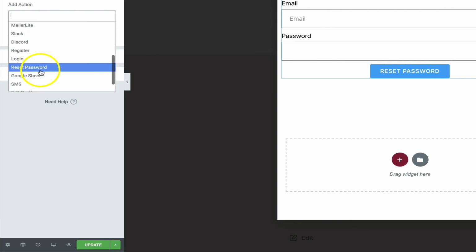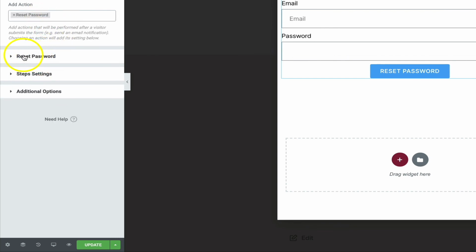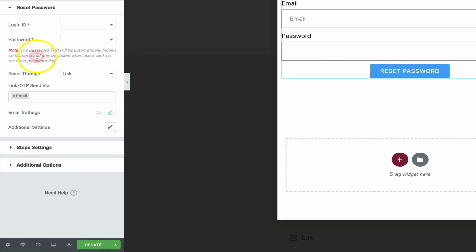Scroll down, reset password, and we now get our settings here for reset password. What we need to do is map the login ID and the password to the appropriate form fields here, the email and password. Very simple. It's already done because of the way I've set this up to demonstrate. But I would choose for my login ID is email, my password is password. There's only two options in this example.